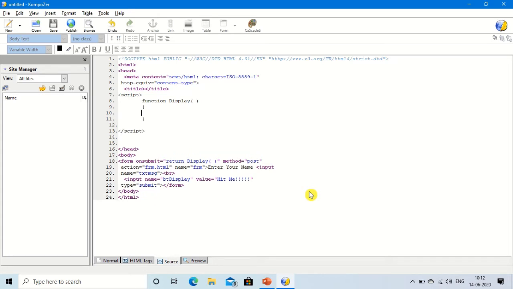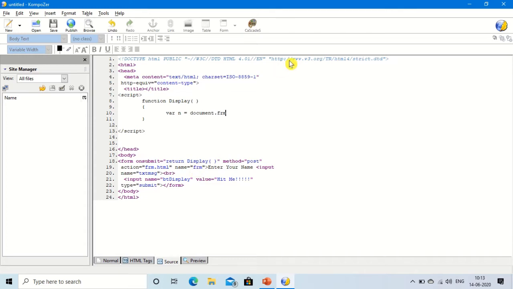Now we have to get the value from the text box. So we have to take a variable. Var is the keyword which is used to declare a variable, and take any variable. Suppose here I am taking n, equal sign, then document. As we know, document is an object. Then the form name. What is the form name? You can see the form name is frm.